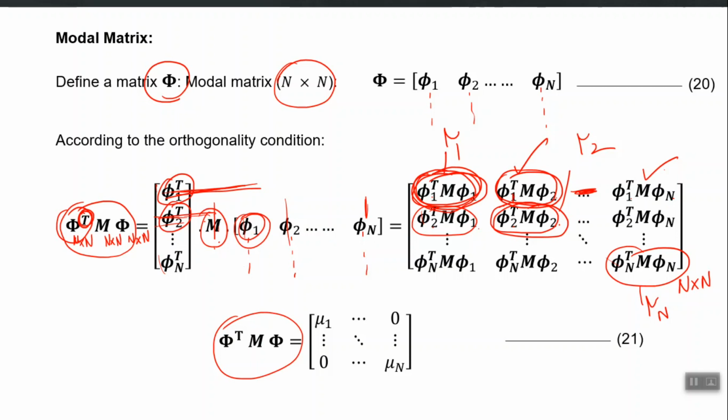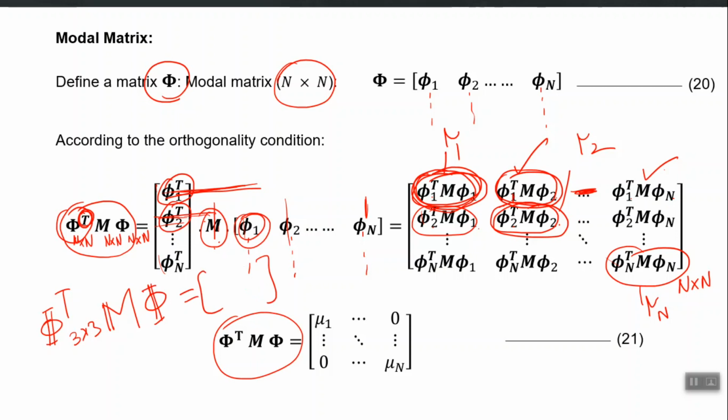So I urge you to make a capital phi matrix, 3 by 3, for that example building which we have done. You already have phi 1, phi 2, phi 3; condense them into one capital phi matrix, take its transpose, multiply it with the real mass matrix of that structure, and multiply again with the capital phi, and confirm that this resulting matrix is a diagonal matrix with mu values at its diagonals.